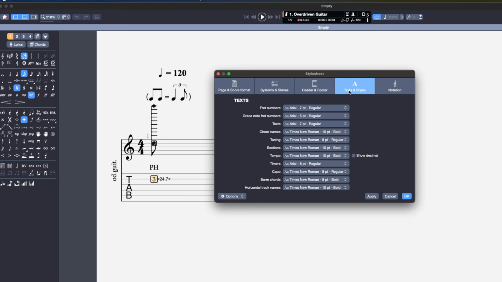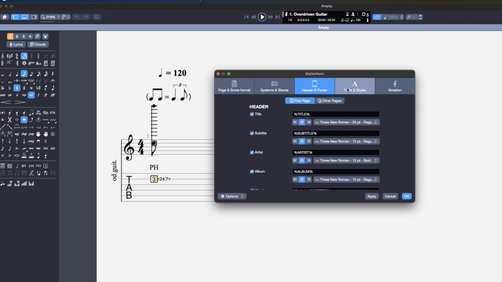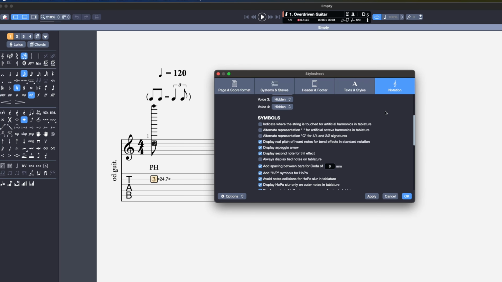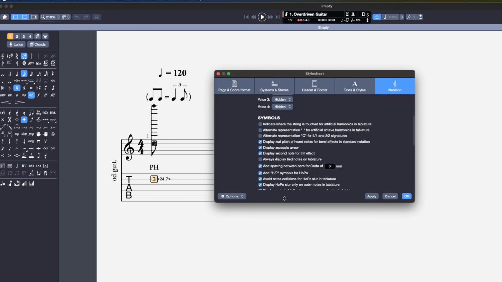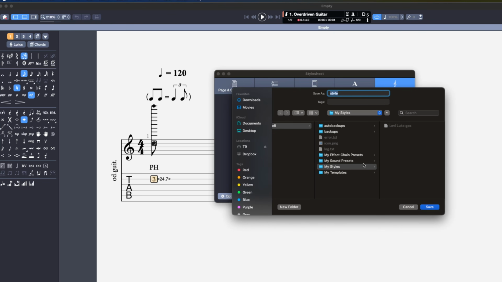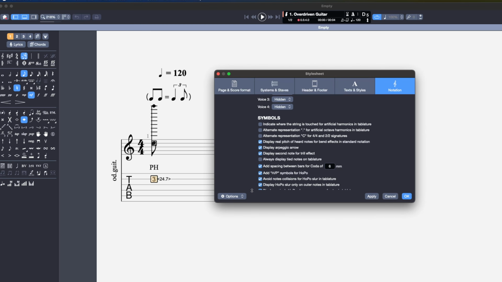Now, I'm not going to go through every single one of these settings, but what you can do in the style sheet is you can create your own look to your scores. So you can use your own fonts, you can have titles displaying the way that you want them to. And then when you've done that, we're just going to come down to the options button on the left and we're going to go Save Style. Now I can save my style, and that's going to save in the My Style section. And then anytime in future when you load up a transcription, you can either come over to the style sheet and select Load Style, or